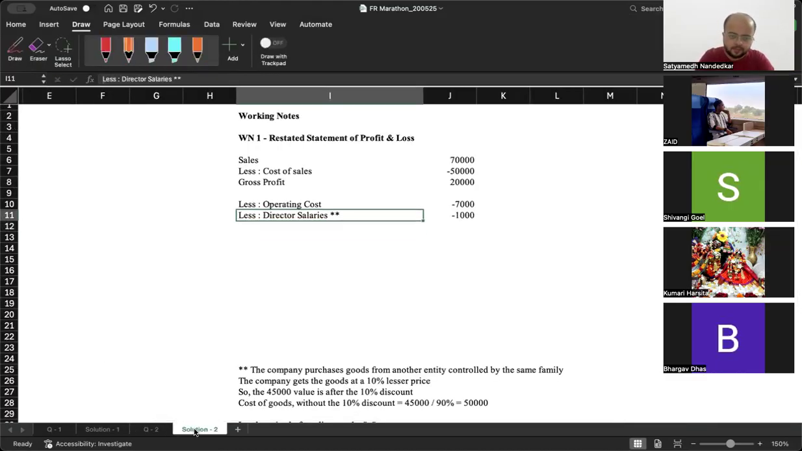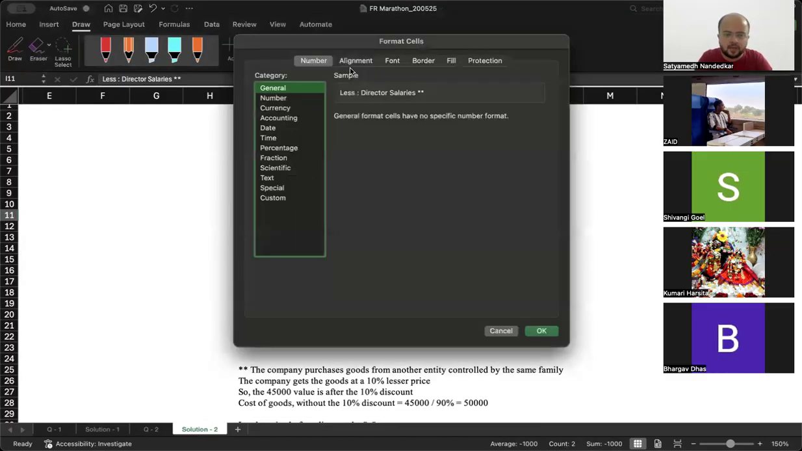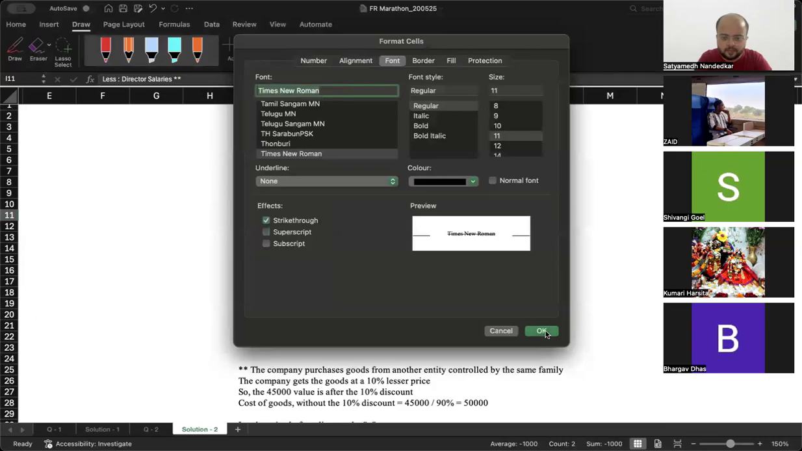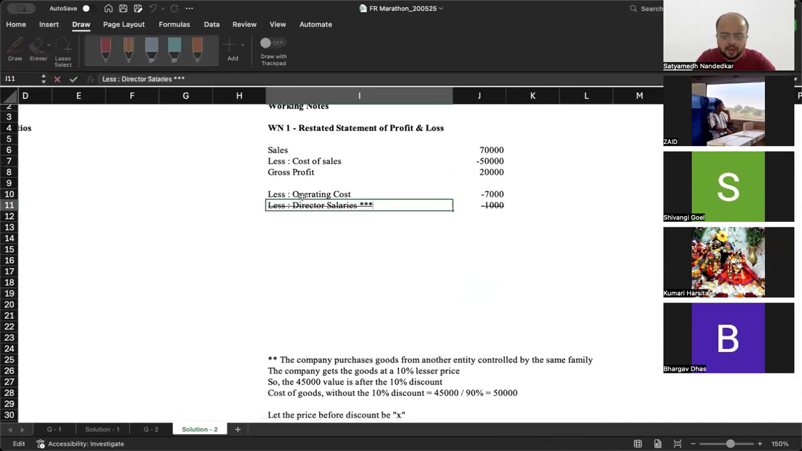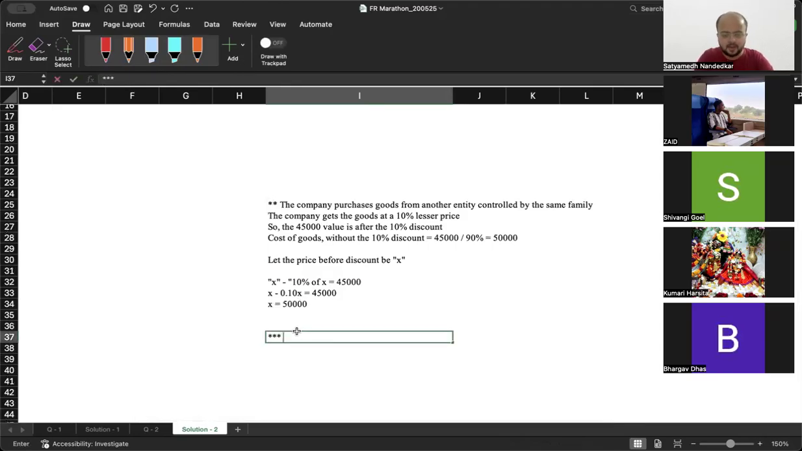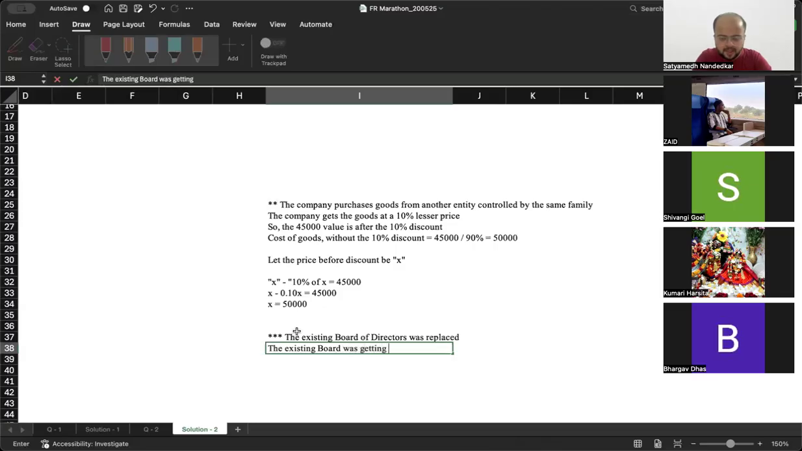So I'm going to scratch it out. Just going to do it with 3 stars. ठीक है, यहाँ पे देखो 3 stars. The existing board of directors was replaced. ठीक है, and the existing board was getting a salary of 1,000. Now, this salary will not have to be paid. So, we are removing its impact. ठीक है,